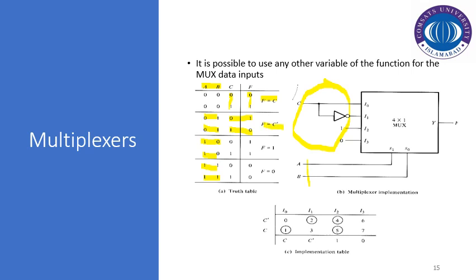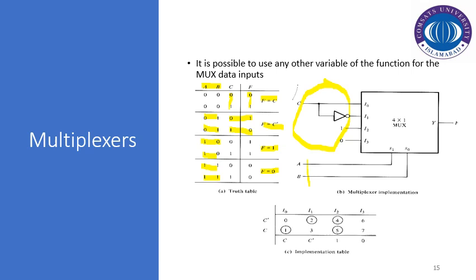Now coming to the third pair, if c is 0, f is 1. If c is 1, f is 1. That means f is permanently connected with 1 and change in c is not reflected at f. So we can clearly say that f in that particular case is equal to 1. And for the last case, if c is 0, f is 0. If c is 1, f is 0. So f is equal to 0. So f is permanently connected to 0. Whatsoever the value of c is, that is not affecting f.